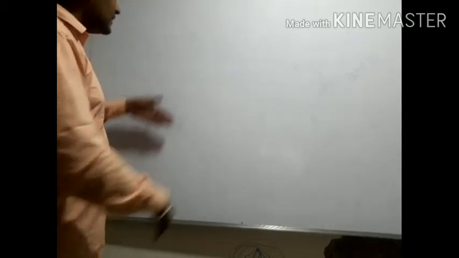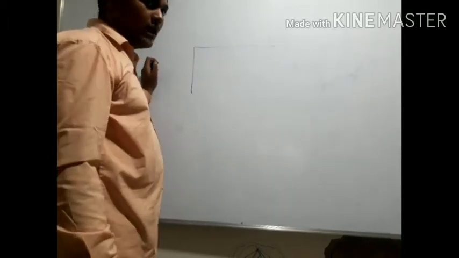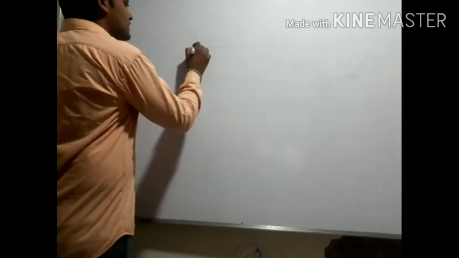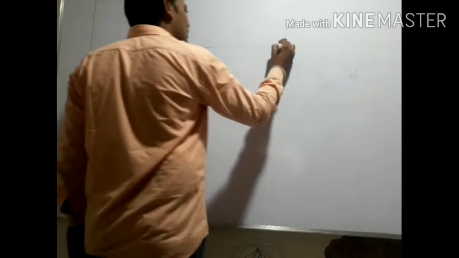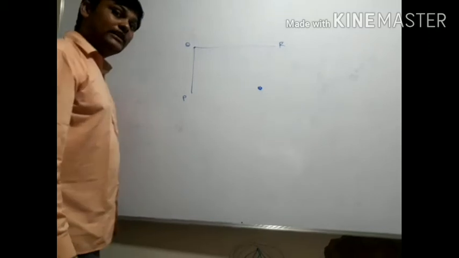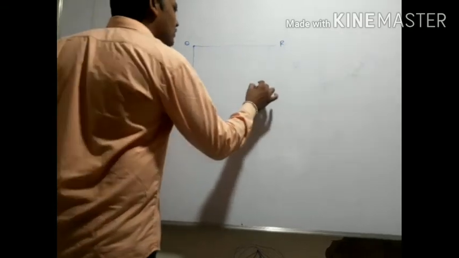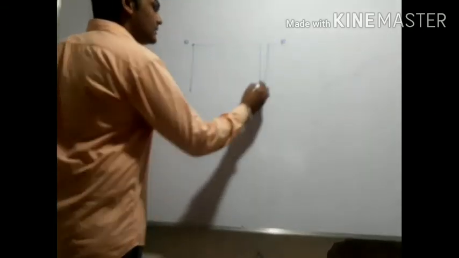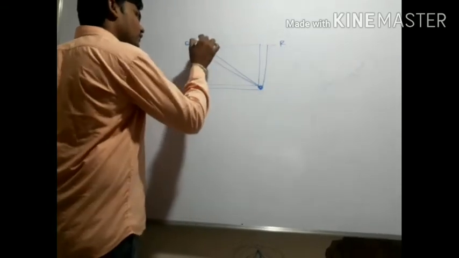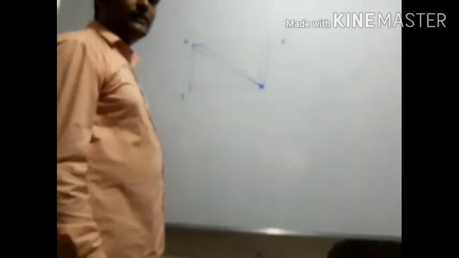If you place the mirrors at some particular angle, like that 90-degree angle you make between two mirrors. How many angle have you taken here? That is 90 degree you have made between two mirrors. First mirror is PQ and another mirror is QR. Okay, two mirrors you have taken. So if you put the object over here, how many images will you get? 3 images you get. I'll tell you how. First over here, second over here, and third exactly over here, means on the corner. Exactly on the corner you will get one image.